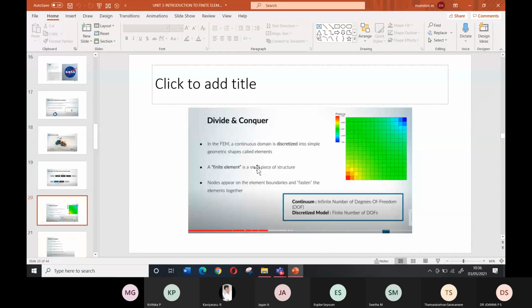And there's a difference between the continuum and the discrete model. What is the continuum? Continuum is the entire body. Suppose this is a continuum. That continuum I have split into small members, small meshes. So a continuum will have an infinite number of degrees of freedom, but the finite element model, that is the discretized model, will have a finite number of degrees of freedom. That is, at each node you will have a degree of freedom, and it is finite. But if you take a continuum as a whole, then it will have an infinite number of degrees of freedom. That's the meaning of continuum.